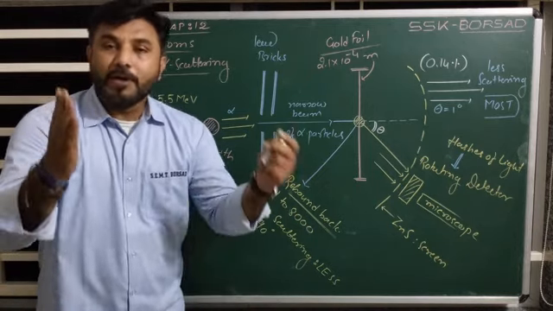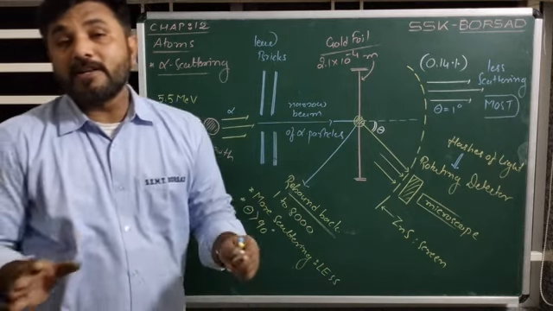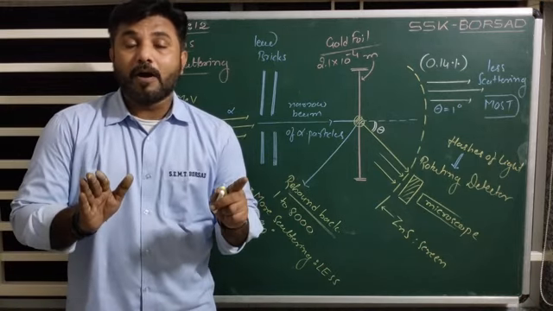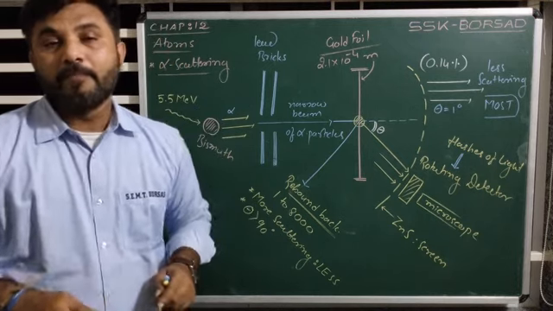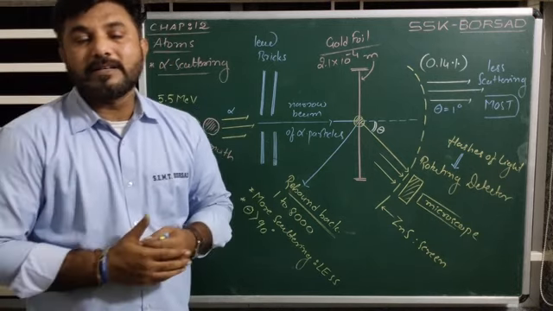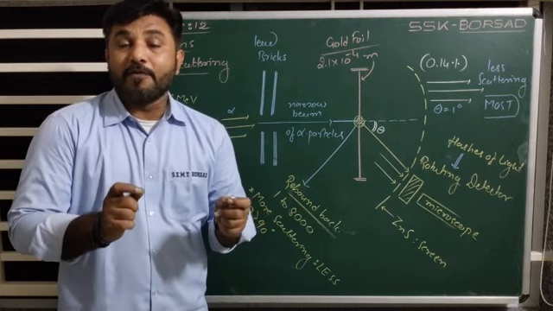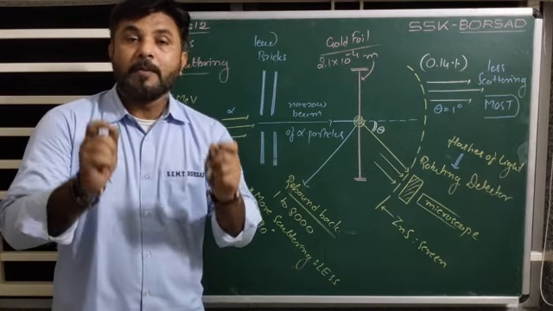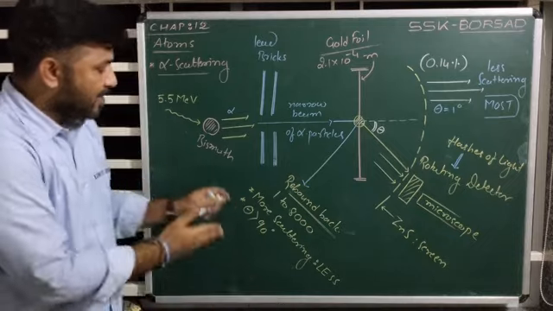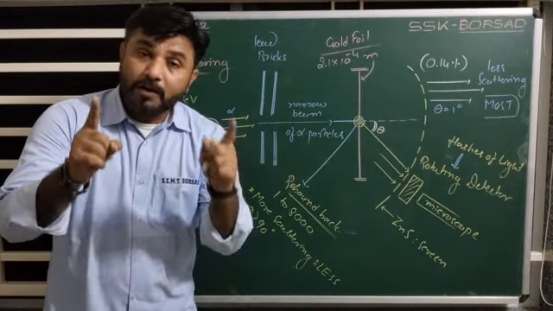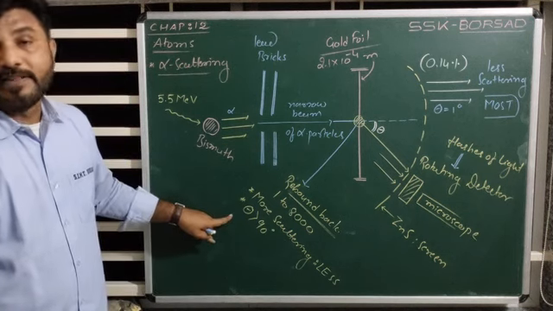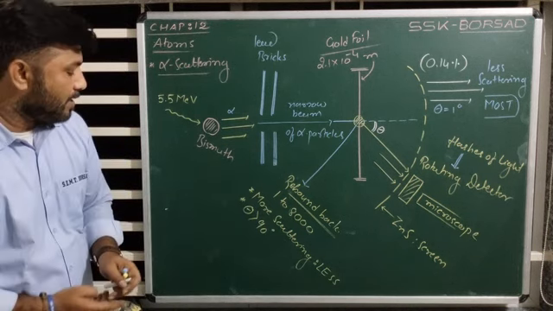So because of that, nucleus was invented by Rutherford. We are usually saying that nucleus was invented by Rutherford from the experiment of Geiger and Marsden. From the conclusion of this, means here